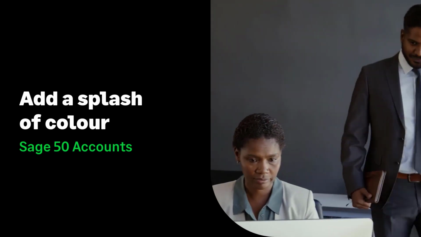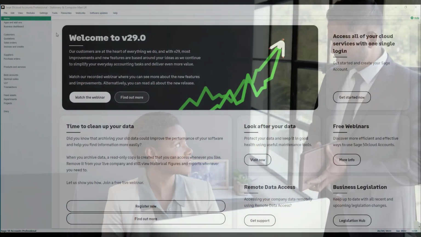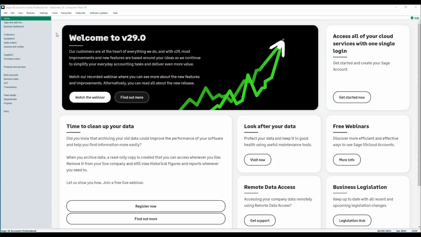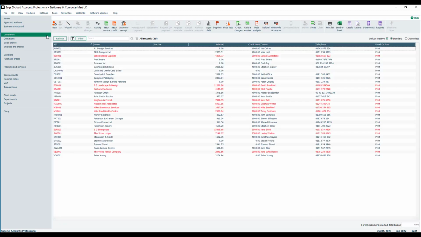The alternate row colour option is a great way to add a splash of colour to your accounts, and it makes your lists easier to read. Let's have a look at how you set that up within the software. Before changing the colour, if we go into Customers, you'll see that the row colour alternates between white and a